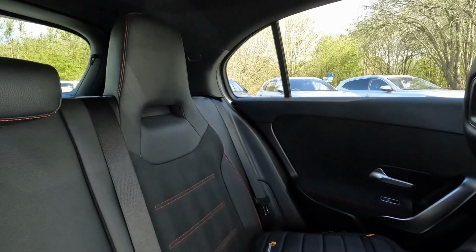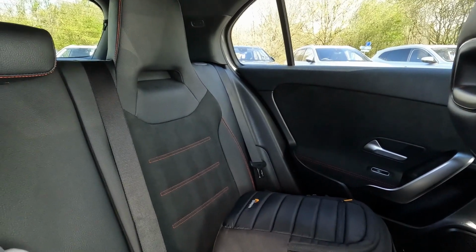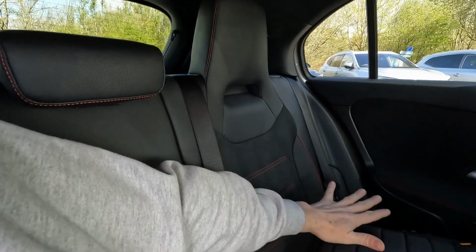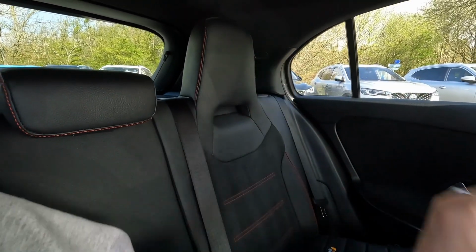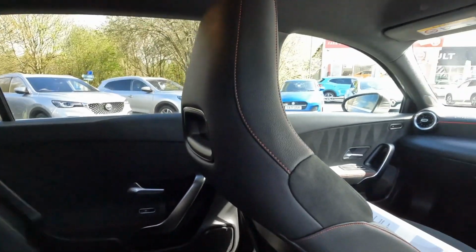To be honest with you, the back seat is actually for 2 adults, and that's all. Anyway, it's made of nice material, it's very comfortable. Also the headrests are the same as on the front ones, so yeah, that's great. Okay, and that's all about the